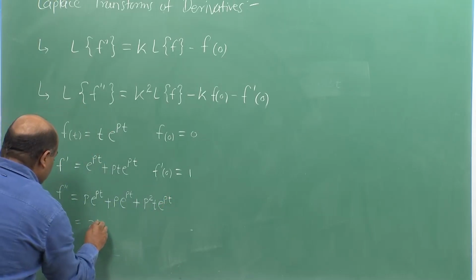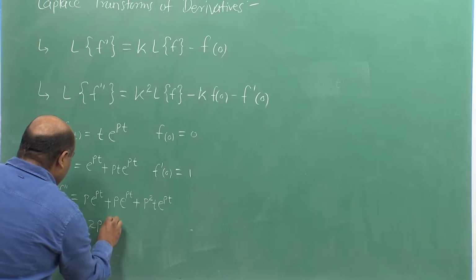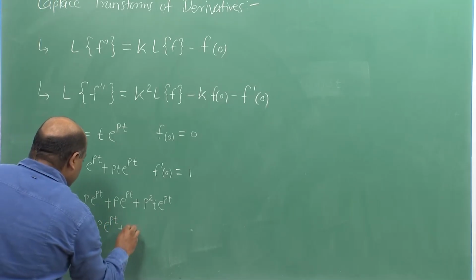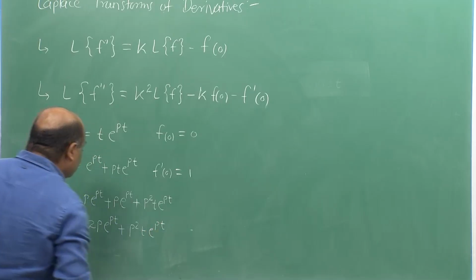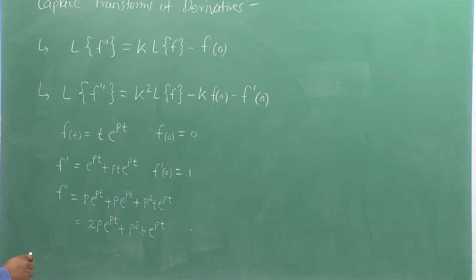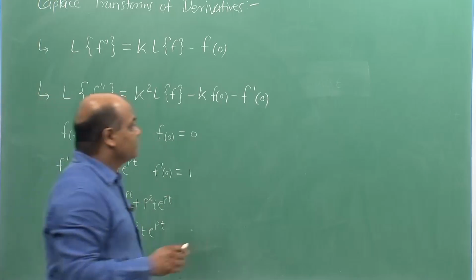So, this should be equal to 2p e to the power pt plus p square t e to the power pt. And if we use the second formula here,